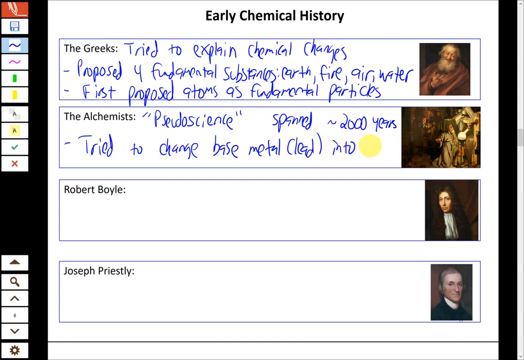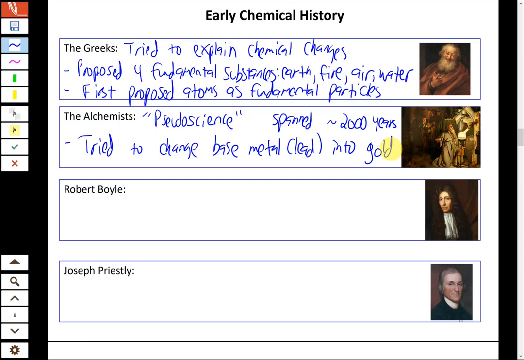So alchemists believed that you could find a way to take really cheap, really useless or worthless substances and turn them into gold. That was their whole idea. Now we know today that that's not really possible, and it's certainly not possible the way that they were trying to do it. So it was based on a flawed idea, so that's why I call it a pseudoscience. They were never going to achieve the goal that they set out to do, but they still made some observations along the way and still kind of set the stage for what was to come next, which is the